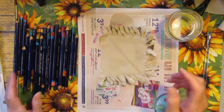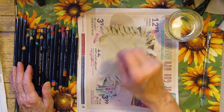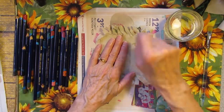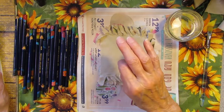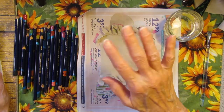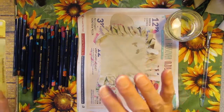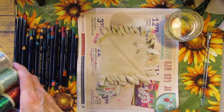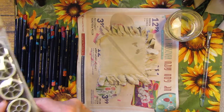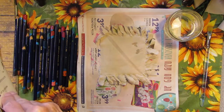And just like you were going to use these on paper, you color with them and then take the brush and activate the ink. Now when you first color with it, it might look kind of blasé, but once you add the water, it really does sparkle. So speaking of sparkle, let me open this up